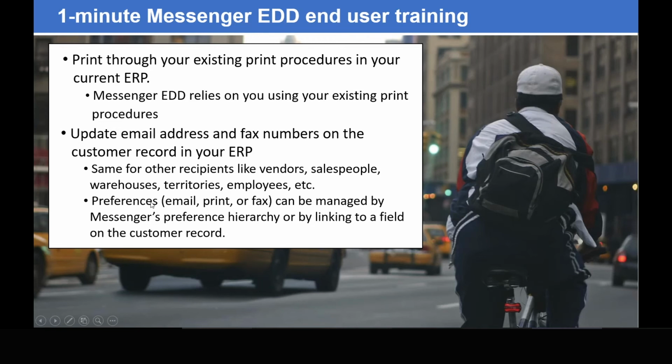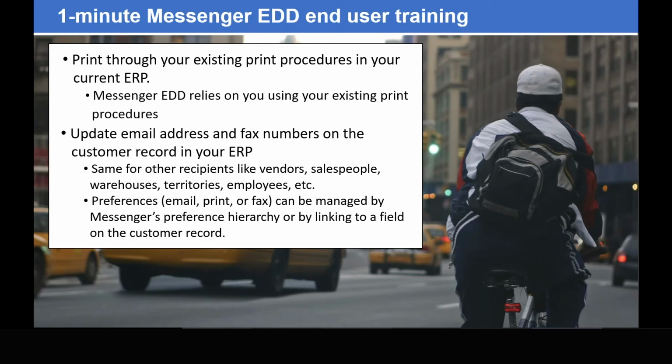Now, the last bullet here is the preference. That's the method of distribution. So that's typically either print, email, or fax. And Messenger has a hierarchy that handles the preference. So if you set the hierarchy to email, print, it looks for the email address on the customer record. If it finds it, it emails it out. If it does not find an email address in the field that we're using, then it prints it to an